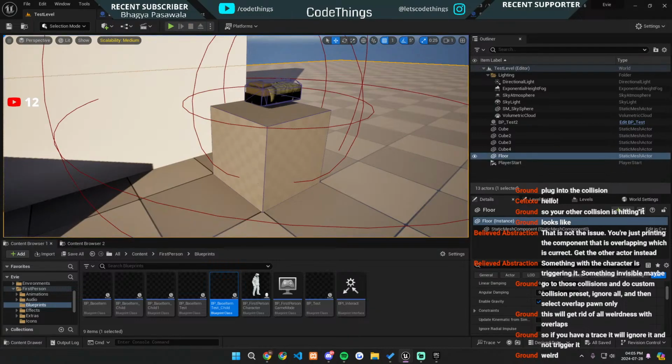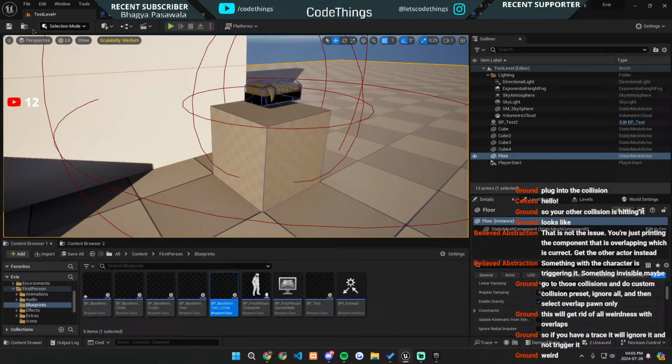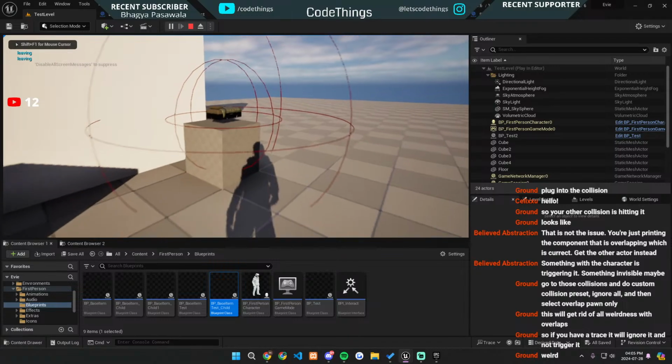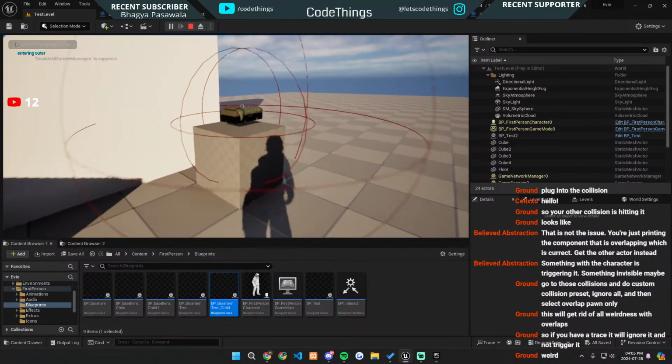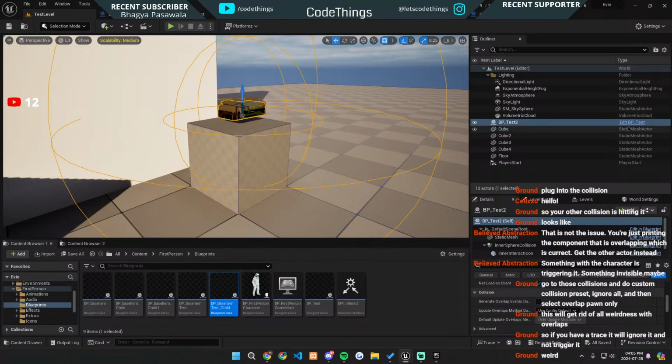Well, did I do it on the inner or the outer? Let's see. I did it on the inner. Let's try the outer, overlap only pawn. Okay, so... that's so strange. We'll go back to... so let's get rid of the